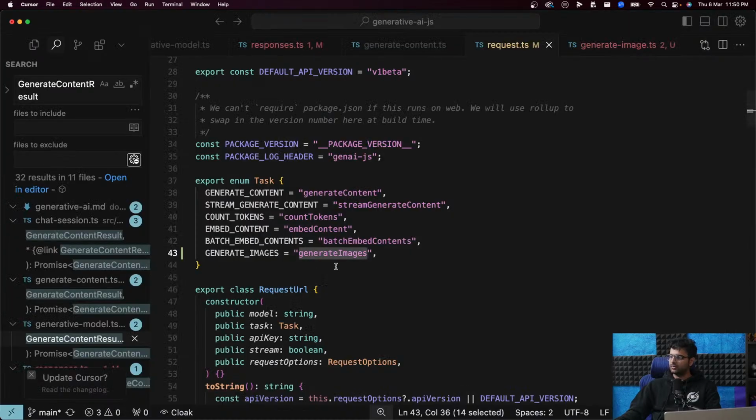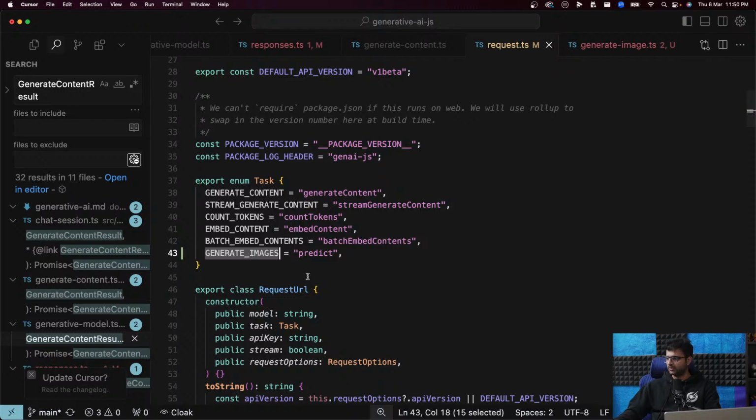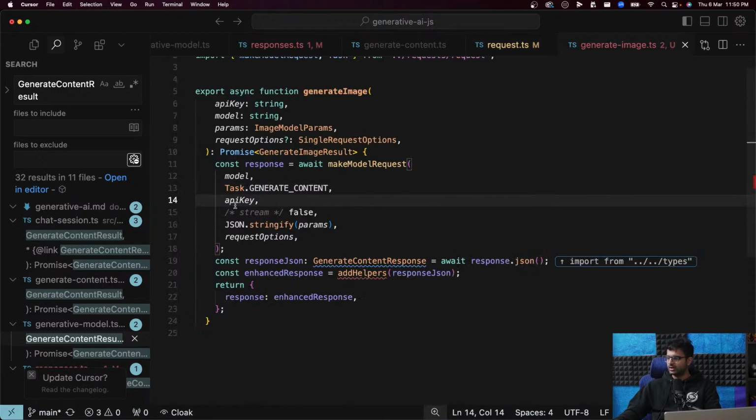That's why, you see legacy systems right there, guys. Their image generation model is called predict or whatever. The prefix that you have to add here is predict and not something more meaningful. API key, stream is false, and parameters is JSON.stringify params. And then request options. Everything is fine here other than params.